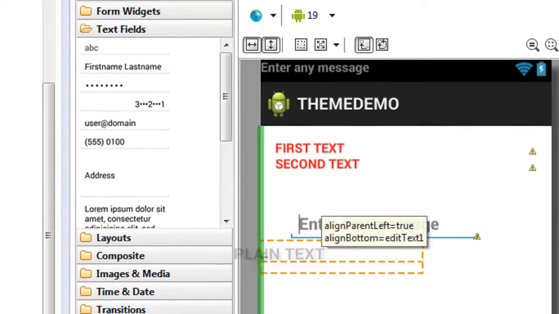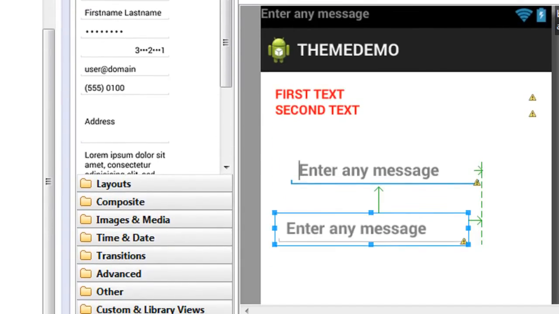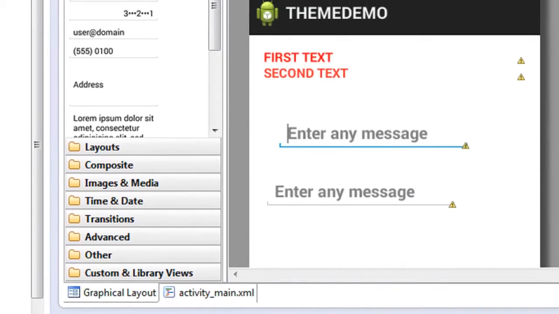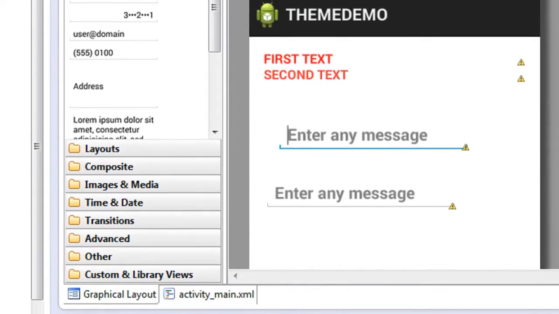If I add one more, we get the same hint here. This is the effect of a theme in an Android application. So if you need the same style for all the view components in an Android activity, then you can apply it as a theme